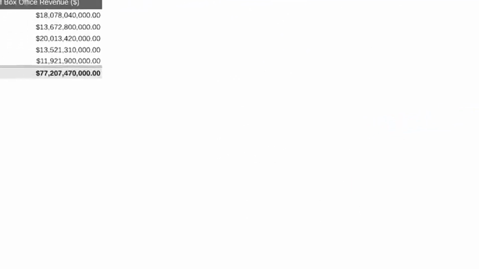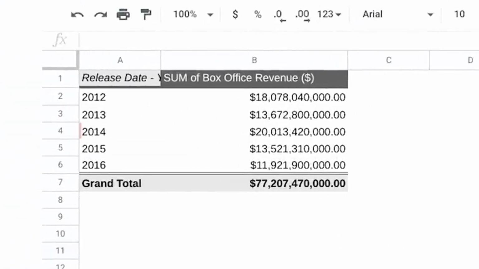Okay, let's check out what we've got here. This data shows that 2014 had the highest revenue, while 2016 had the lowest. This might be useful information, but finding the average revenue per movie would most likely be more useful, since there was a different number of movies released each year. So we'll add another column for the average revenue earned by each year's movie.